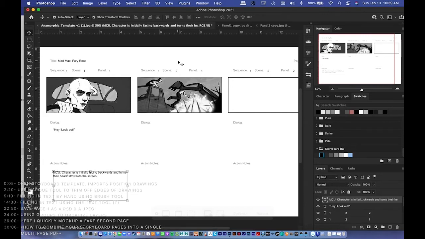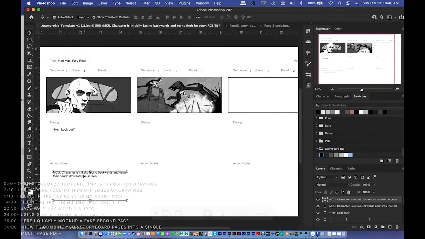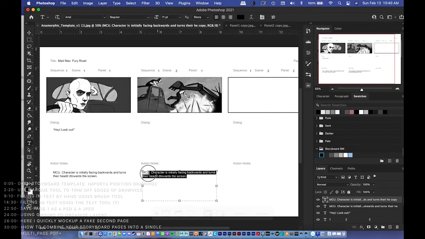And so for this shot, there's no dialogue in it, but there are some action notes. So I can just right click and duplicate this layer, press OK, and then I'm on the move tool, which is V, and then hold down Shift and just drag it over. And we have action notes right there. So I can just press T, type in. So this is, I think, a wide shot. And just type in crane